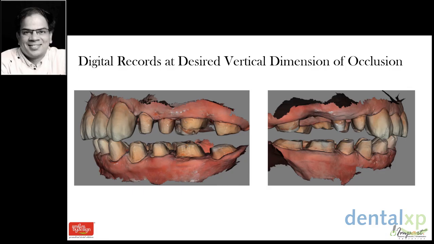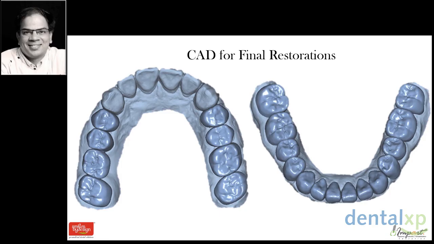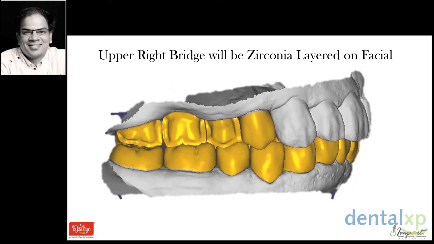The lab then designs the final restorations for all the lower anterior and posterior teeth and all the upper posterior. And because I'm in a bridge situation here in the upper right quadrant, I'm going to have a layering on zirconia done there to match with aesthetics. I'm not going to do a monolithic Emax bridge, which is by the way contraindicated in this scenario. So that's how I started, and then I bonded all the posterior teeth in place. That's how his final picture is.